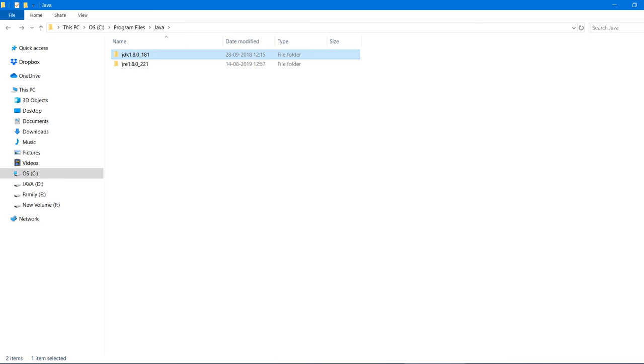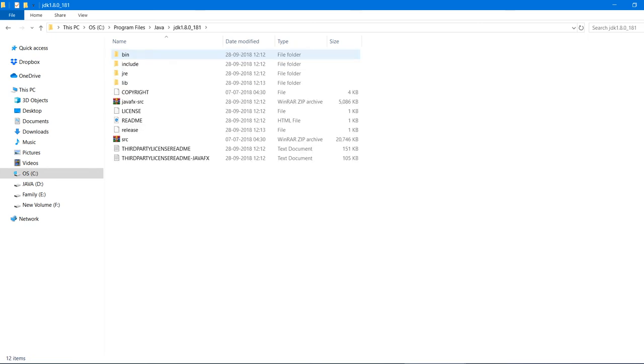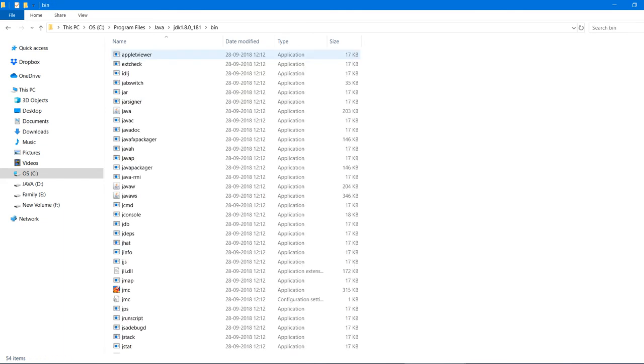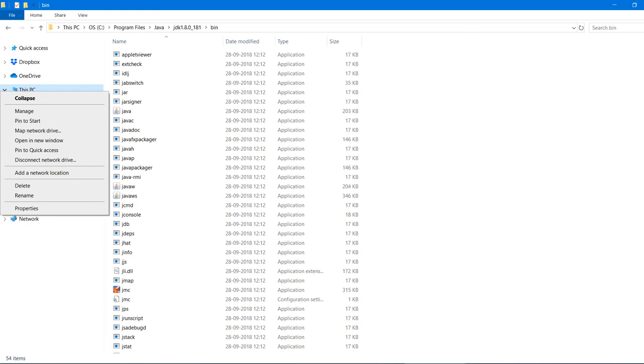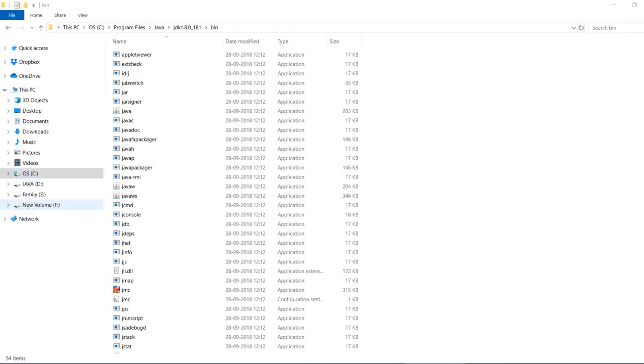So whenever you start AnyPoint Studio, it will look for a path where these executable files are located. These executable files are located in the JDK bin folder. Just take the path, and we need to set up the environment variables. We can go to the environment variables setup in two ways, through control panel or else through This PC. Through control panel everyone knows. Just right click on This PC, or else My Computer if you are using older versions of OS. Right now in Windows 10 it's This PC, and click on properties.